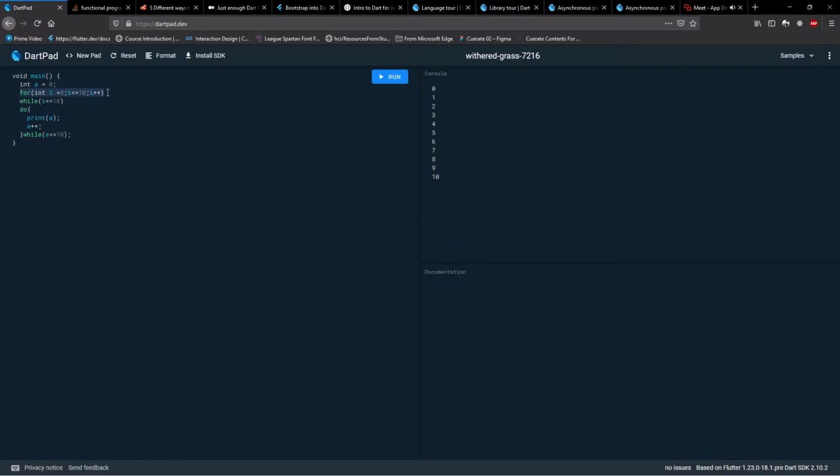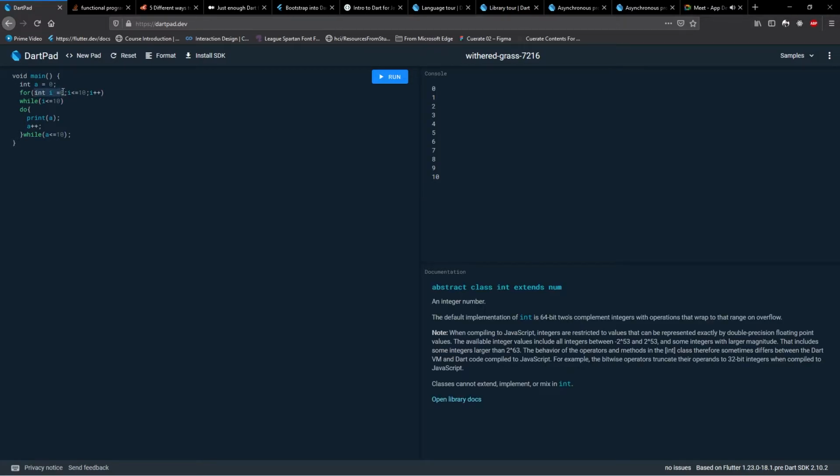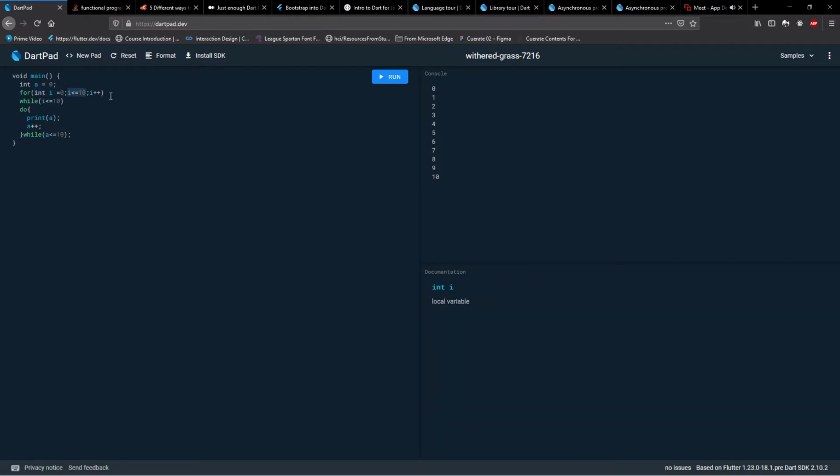Now in both these statements you are checking the condition in the beginning. So for loop, int i is equal to 0, and it's going to check the condition and only then enter the block over here. Even the while loop is the same. It is going to first check the condition and only then enter the block. How is do-while fundamentally different? It is first going to execute this block and then check the condition. That is how do-while is different.